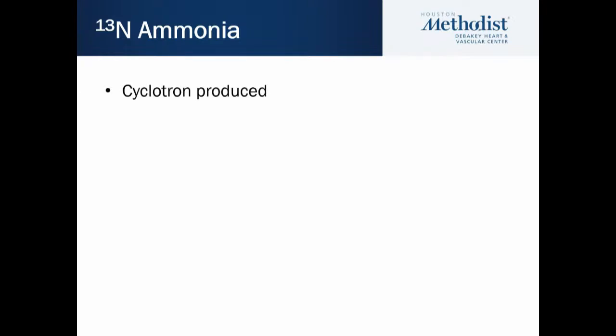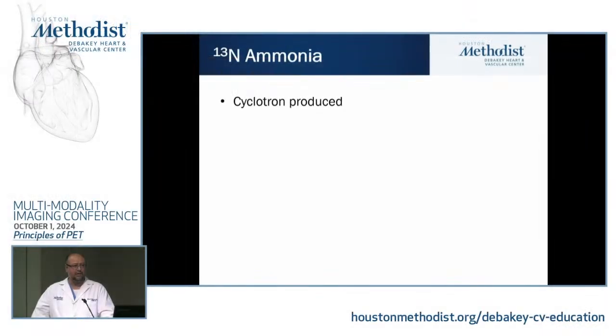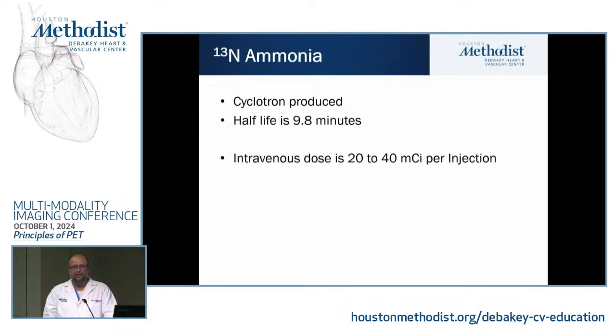Now, N13 ammonia is also produced by a cyclotron, because the half-life is 10 minutes. So technically, you can produce it in the research institute and take it to the OPC. But you're not going to be able to do it and send it to the Woodlands, because by the time you get there, all what you have produced has decayed and there is no more ammonia. So it has only a 9.8 minute half-life. And we inject a small dose of it. Unless you have a very old system, then you need to inject a higher dose. But now most centers are injecting 20 or less millicuries. And because it's a 10-minute